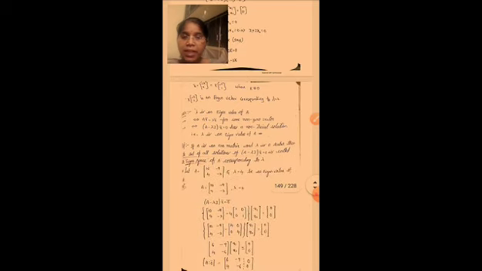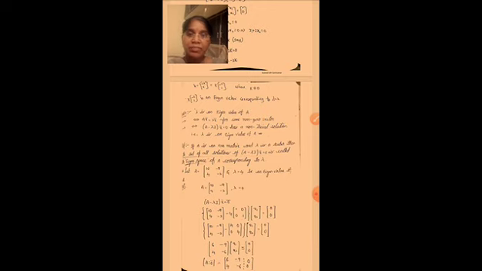See here, first of all is the eigenspace definition. If A is an n by n matrix and λ is a scalar, then the set of all solutions of (A - λI) x bar = 0 is called the eigenspace of A corresponding to λ. Okay, this is the eigenspace definition.